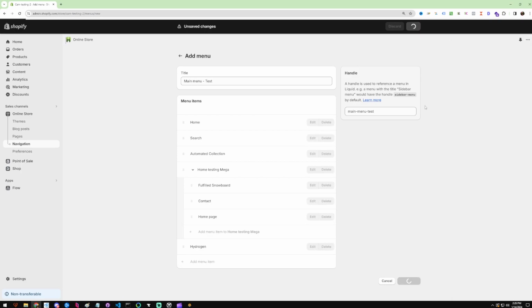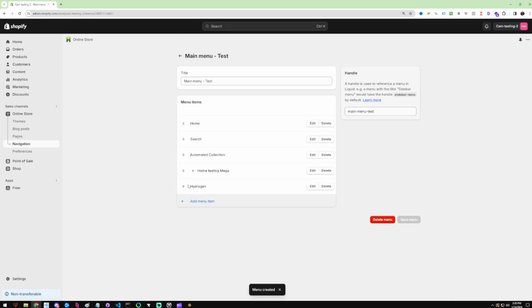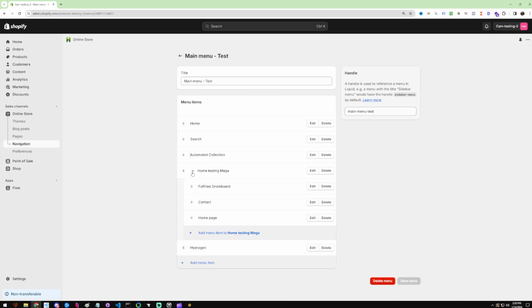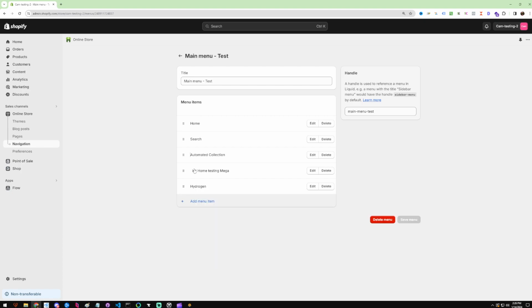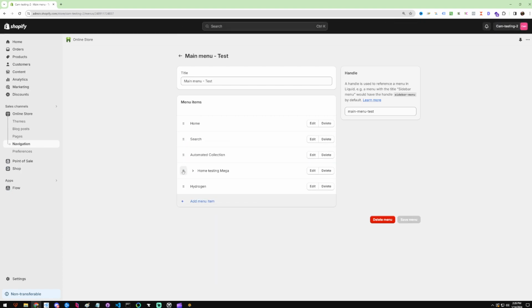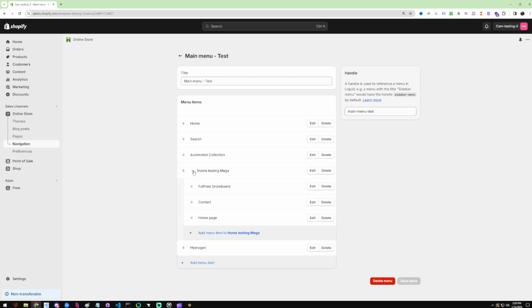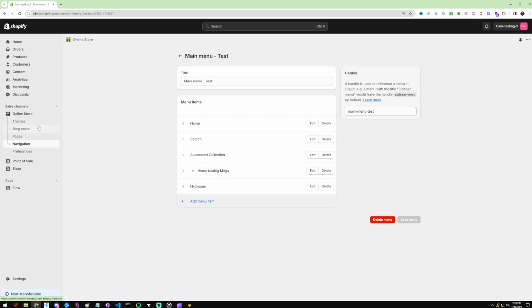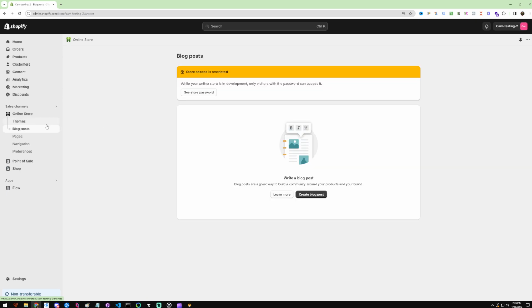All right, so let's save that. You can see here that in order to access these links, we just click that little drop down, and they all drop down. We can change them. We can still move this whole section around as we want, and it's just all immediately in there. All right. So now in order to pop that onto our